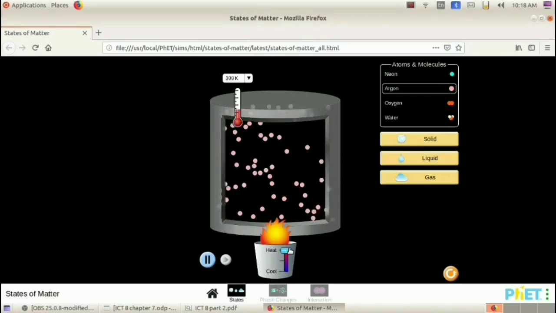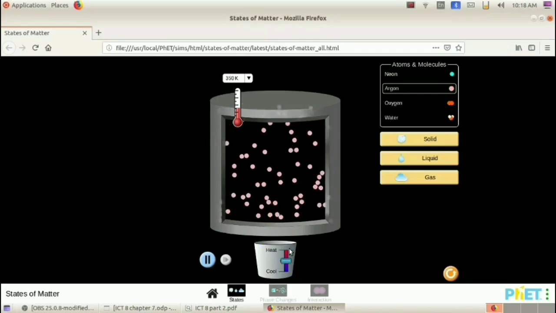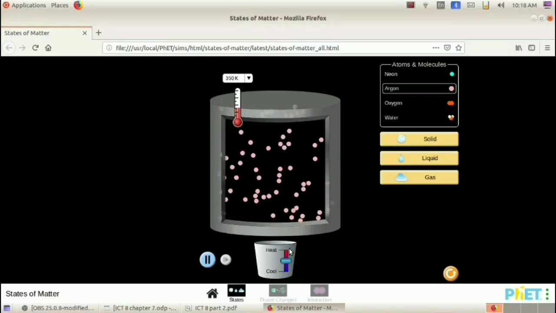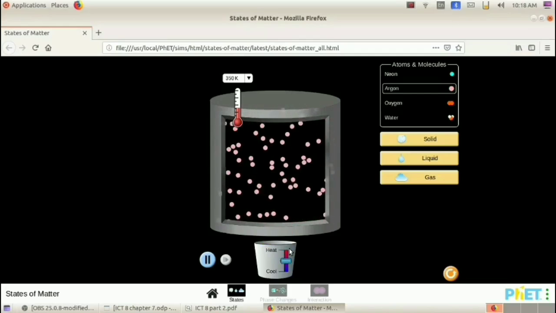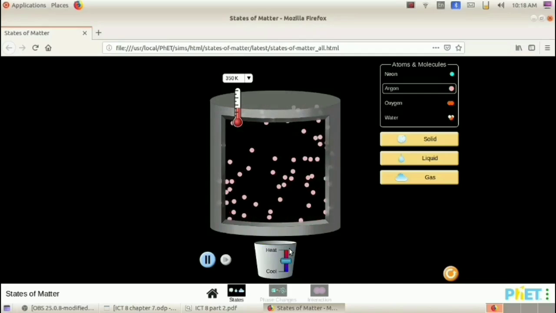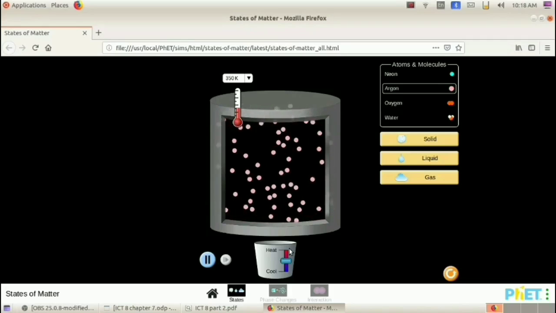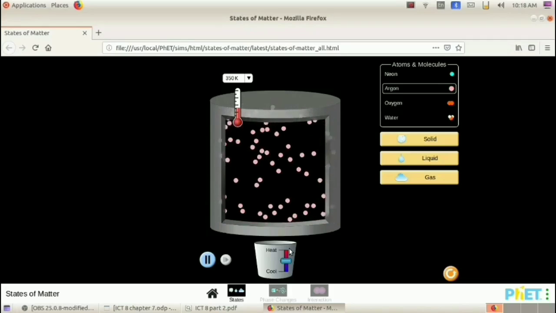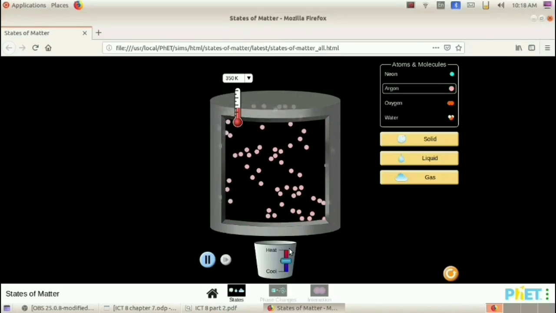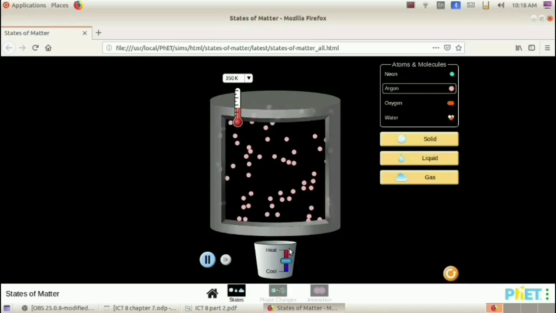Release the mouse when the required temperature is reached. Okay, this is argon at 350 Kelvin. What about the atomic structure of argon at this temperature? Atoms are very loosely packed. They are not at all close to each other. The distance between the particles is very large, and the atoms have high energy and they are moving apart